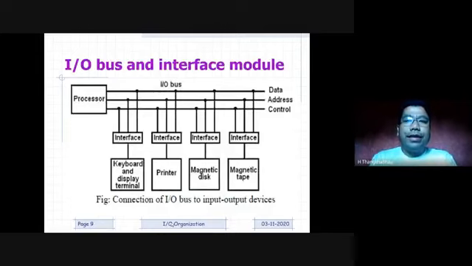And the IO buses and IO interface modules, which I have already represented in the previous slide, are connected to the different IO buses. But this is a more detailed diagram about how IO interfaces and IO buses work together. On the other side, you will find the processor. The processor will be connected to the IO buses: data bus, address bus, and control bus. Each device is supposed to have its own interface, even though there may be some devices which share the interface. Okay, keyboard and display terminal will have their own interface, printer will have their own interface, magnetic disk,